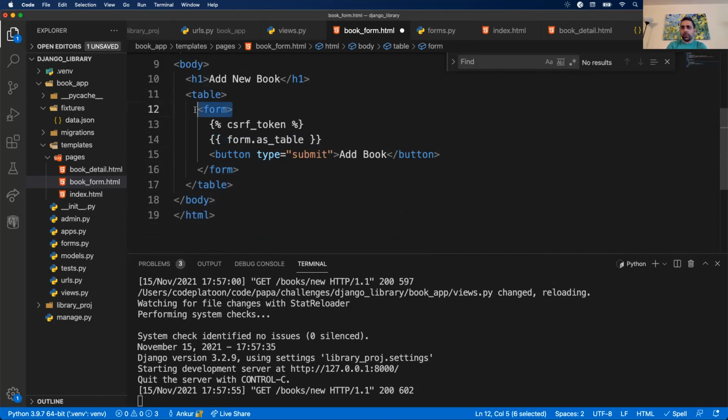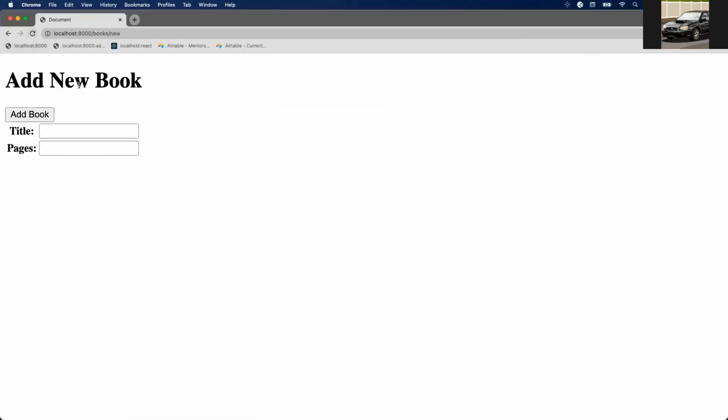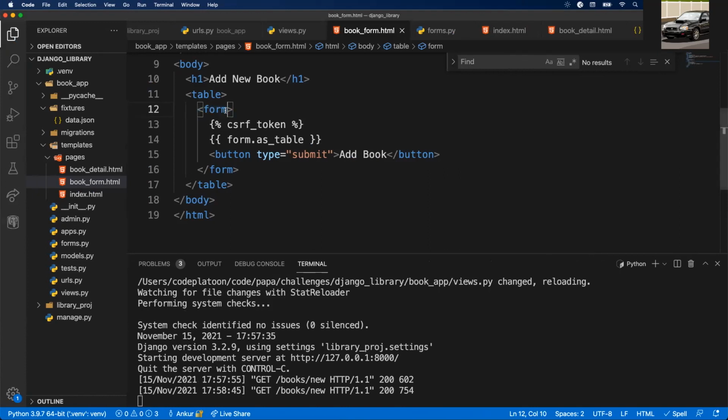I think maybe the form can go outside. I'm not sure if that works. And then you'll also need to do action and tell it to post it. All right, so this is saying when we submit it, it's going to be submitted with